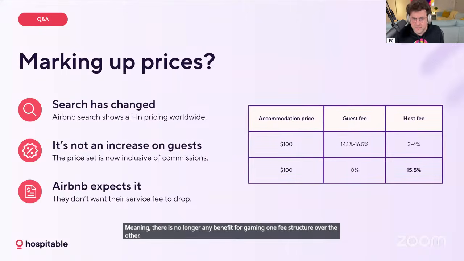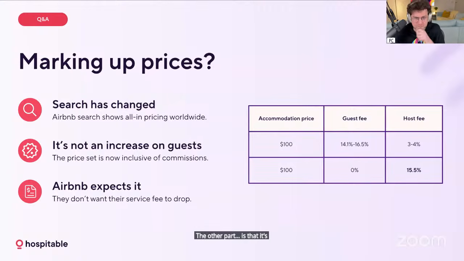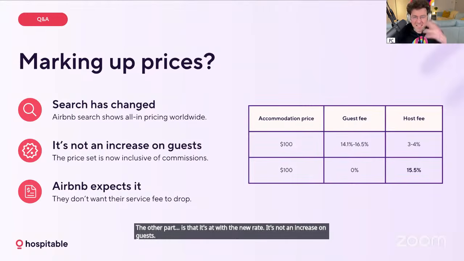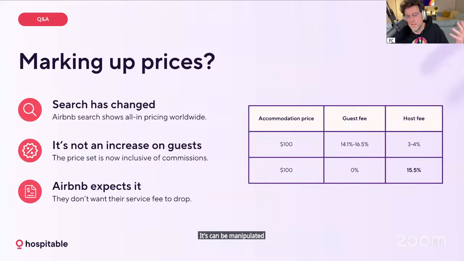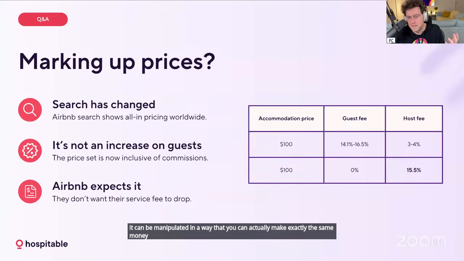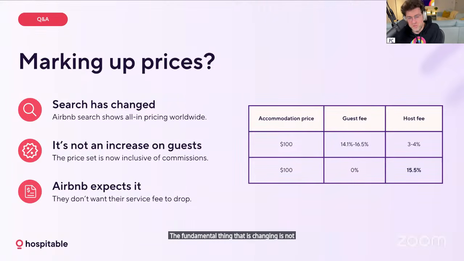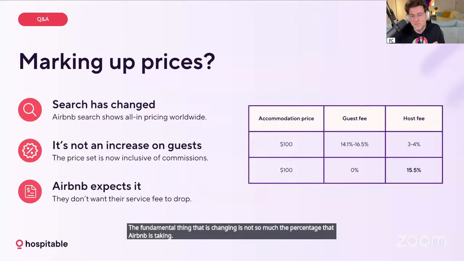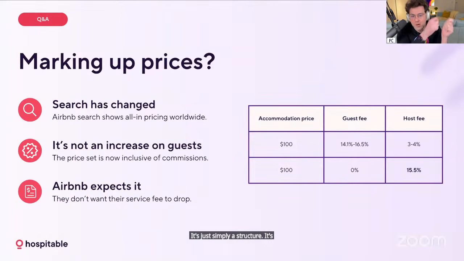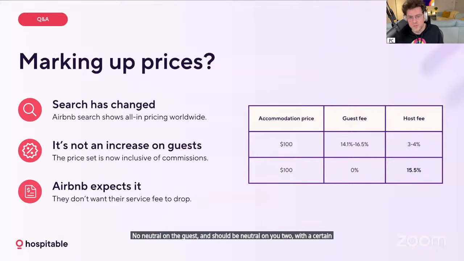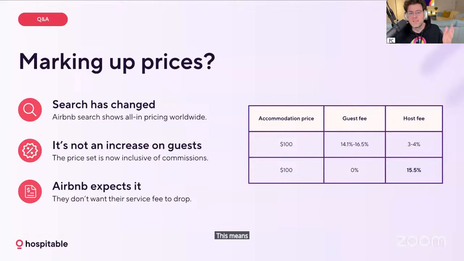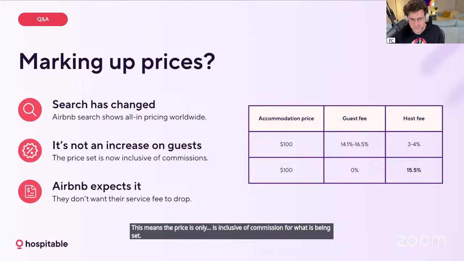The other part is that with the new rate, it's not an increase on the guest. It can be managed in a way that you can make exactly the same money without making a huge difference. The fundamental thing that is changing is not so much the percentage that Airbnb is taking, it's simply the structure. It's a change from column A to column B, neutral on the guest, and should be neutral on you too, with a certain margin of error. This means the price is inclusive of commission for what is being set on Airbnb right now. And the last point,